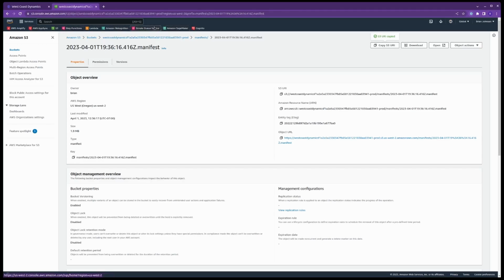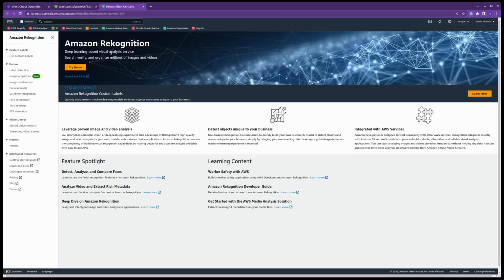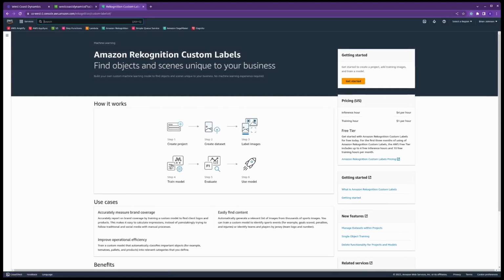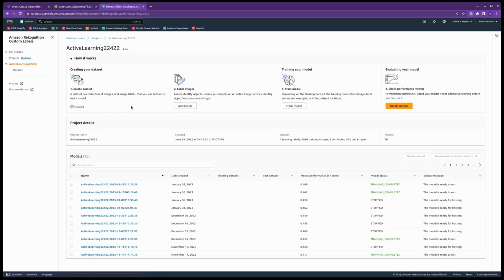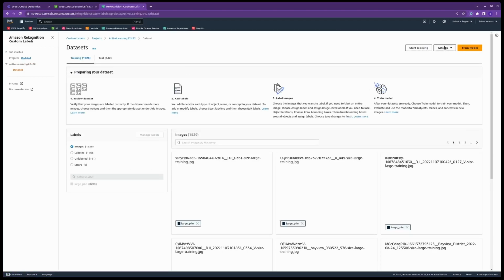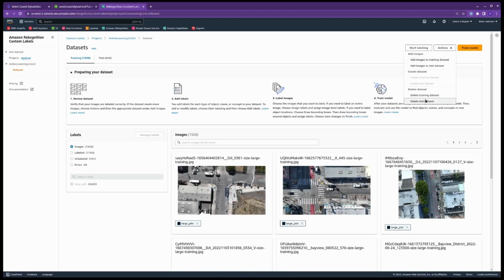I can go to Rekognition, and I'm going to train a new model based on this annotation. So projects, this is my model that I've been playing with. I'm going to go to the data set. What I've been doing is, I like to not have to change too many configs, so I